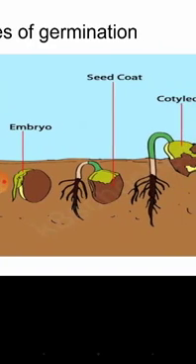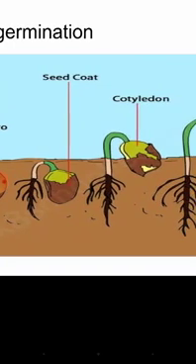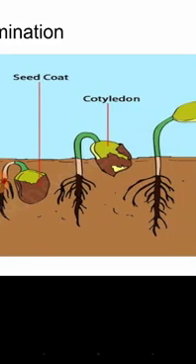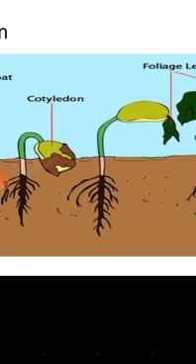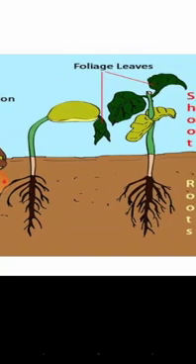Now the seed coat has ruptured, and the cotyledon is rising slowly above. See this picture, the cotyledon is rising above the soil. It is coming out of the soil level. We can see the green stem part. In the last but one picture, you can see the oval-shaped green cotyledons with a small tiny leaf. In the last picture you can see the root is also completely developed. It has a lot of branches, and the stem stands erect with the leaves.